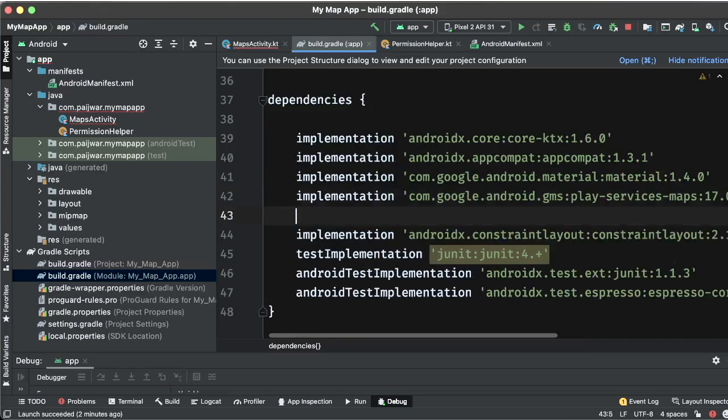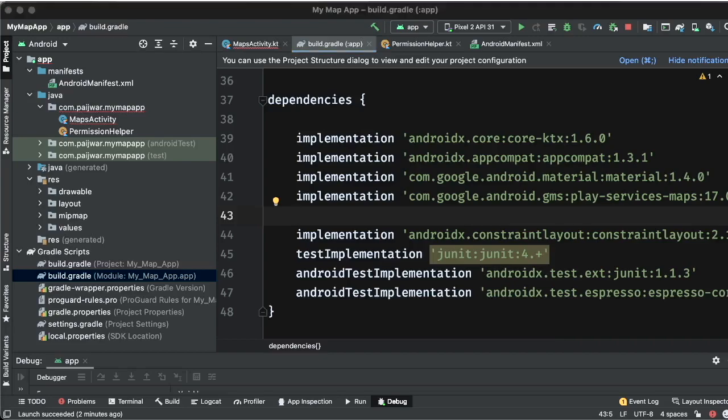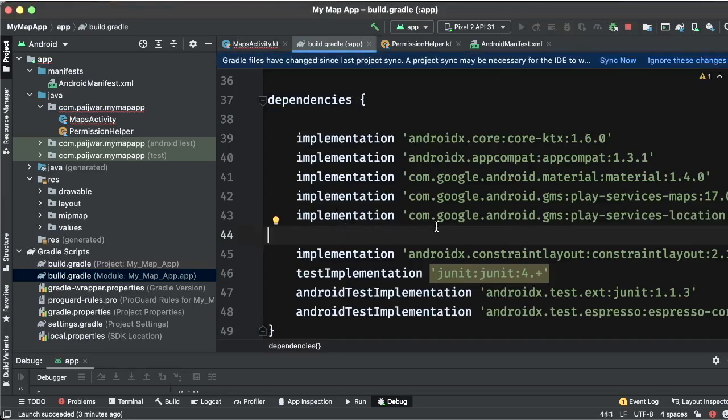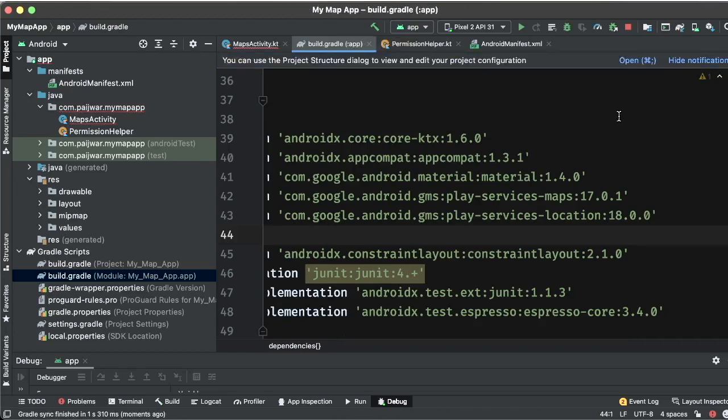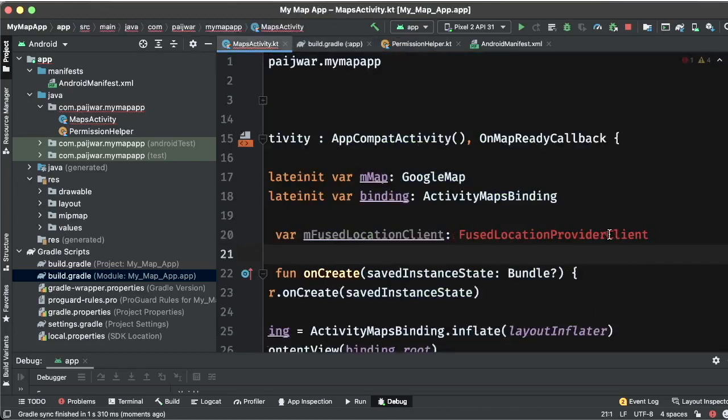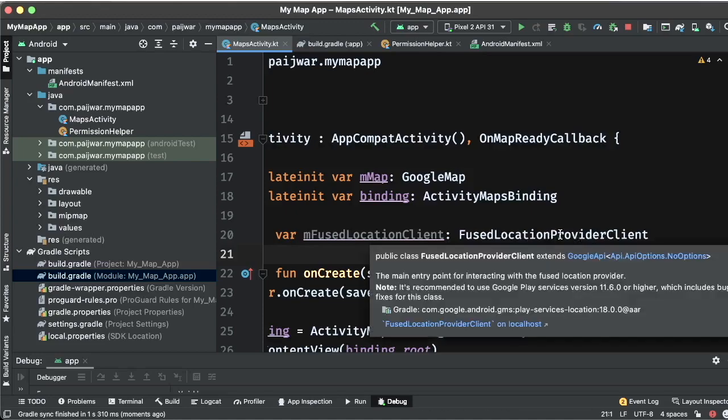So I will be adding location into the Gradle, and to add it, we need to use Google Play Services location as an implementation here, and the latest version is 18.0.0. This is what we will be using. After syncing this, you will see it's ready to be used. Now this is available for us to be used.